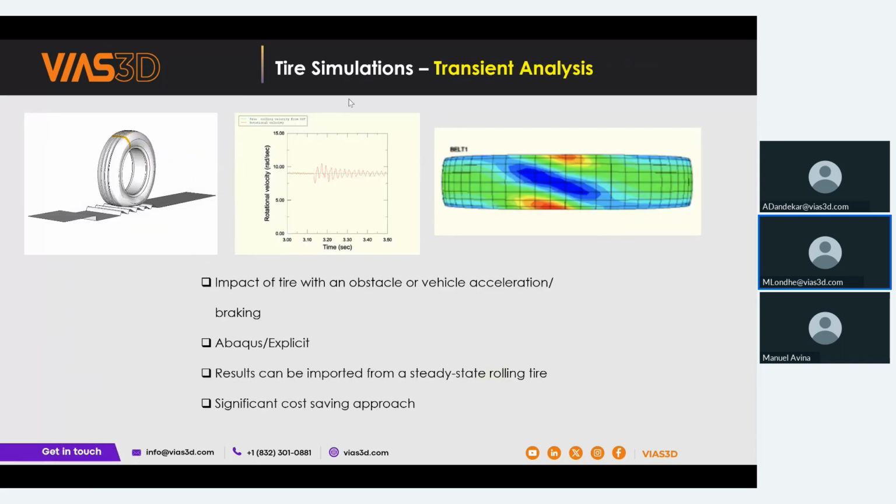The third part is the transient analysis. During actual driving conditions, a tire often encounters sudden obstacles like road breakers, curbs, and rough patches. Understanding how a tire behaves in this dynamic situation is absolutely critical. This kind of short duration, high impact event is best captured by the transient tire analysis in Abaqus. Typically, such an analysis is performed using Abaqus explicit.